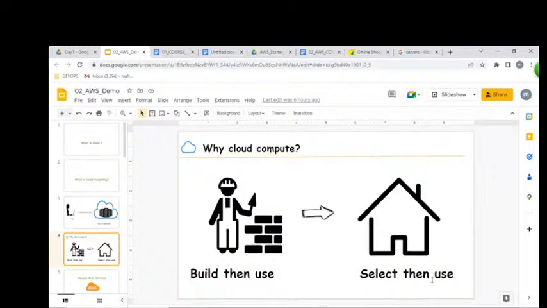Just listen very carefully. I want to go to the railway station by car. I can get a car in two ways. First way, buy a car and go to the railway station. The second option is what? Rental car like Ola or Uber. Which is better for us? Rental always. Just for reaching a railway station, are you really buying a car by spending 10 lakh rupees? It is a stupid idea, right or wrong?